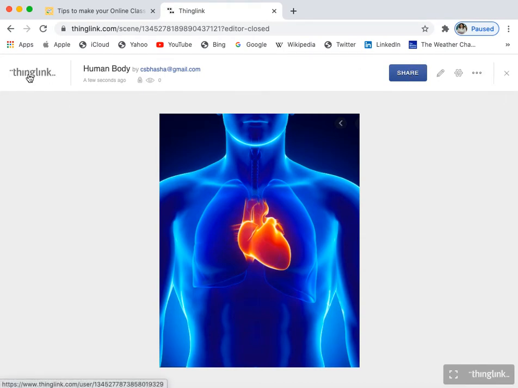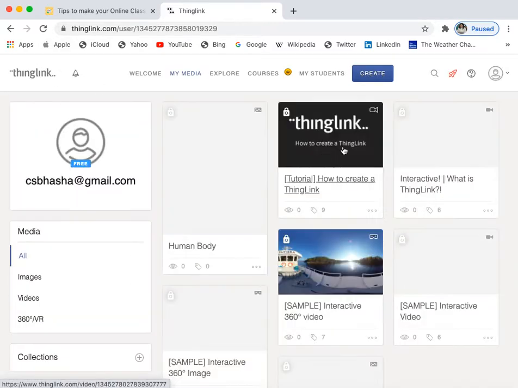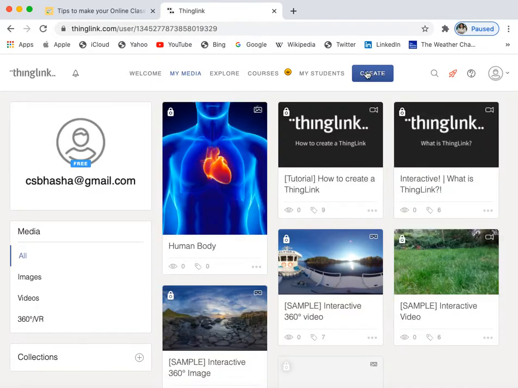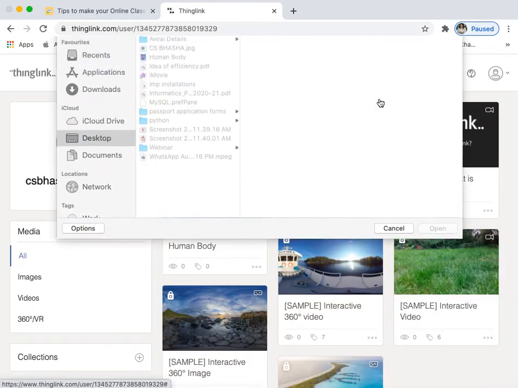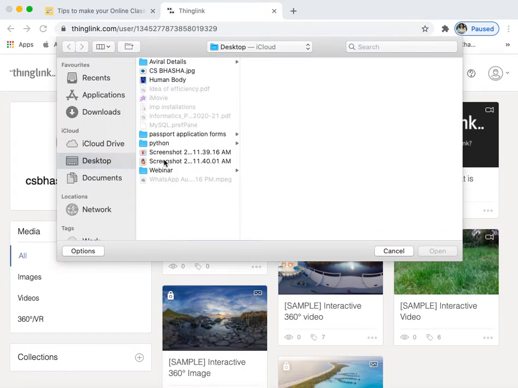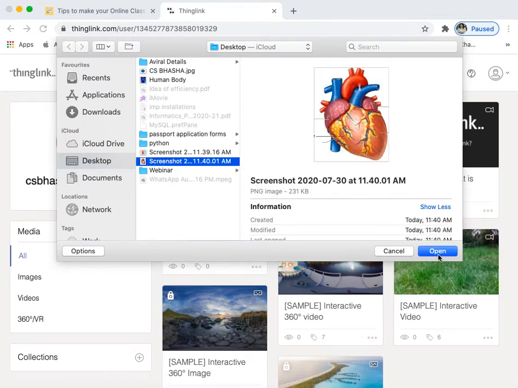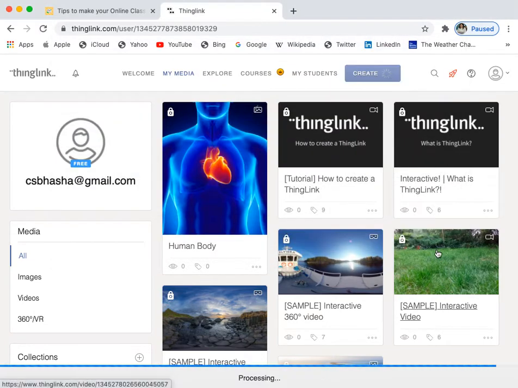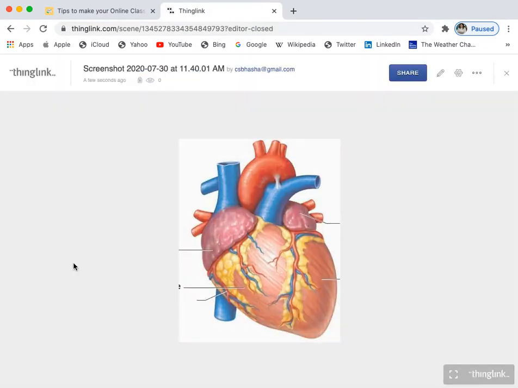Okay, so let me have the collection of two pictures, because I'm discussing the human heart. So let me have this human body with the heart, and I want to include one more picture. So go to ThingLink again, that's your account, and just create another picture and upload another picture, and say I would like to show this picture, right? So this is something which I'm creating, and once I have the picture, now how to make my picture come alive? I want to edit this picture.